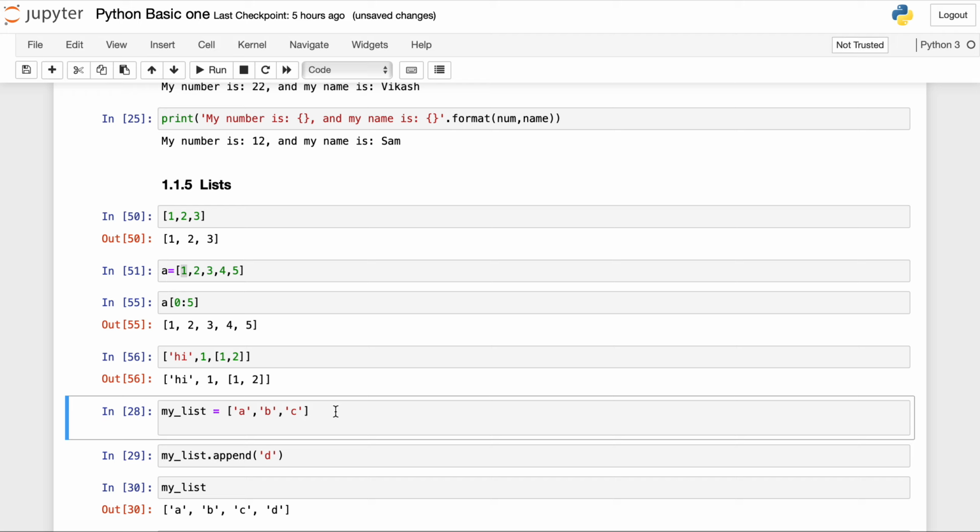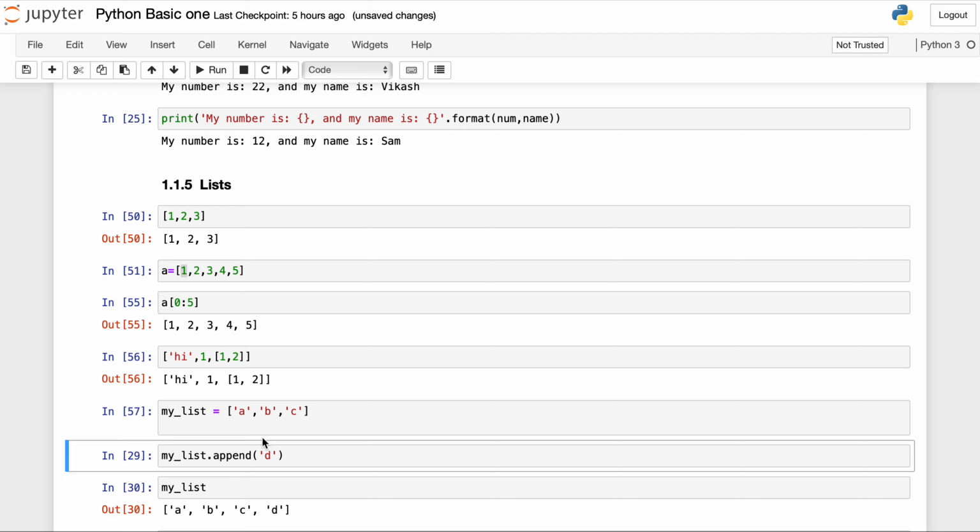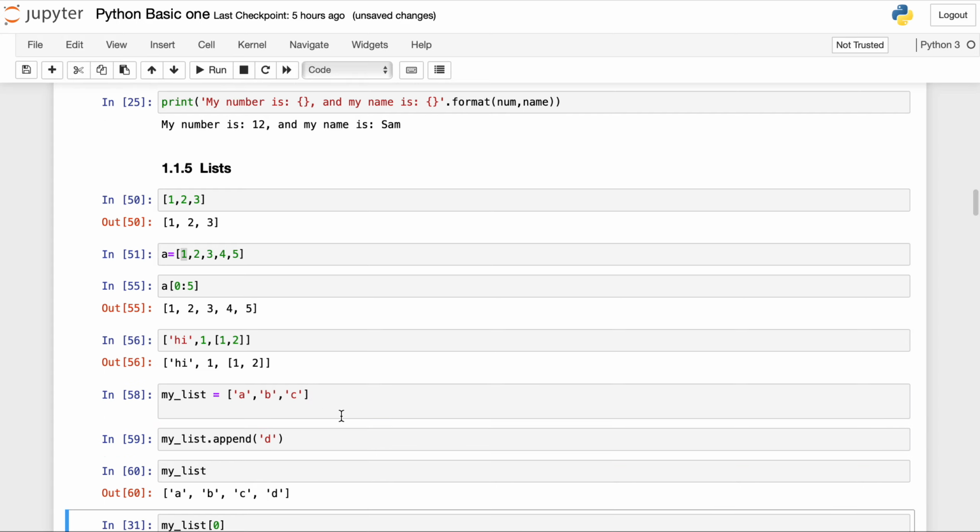Suppose here my list is ABC. Now I want to append a certain letter or word, like D, or any integer or any data type. List provides a method called append. So suppose I have ABC as this list. Now when I append D, my list becomes ABCD.